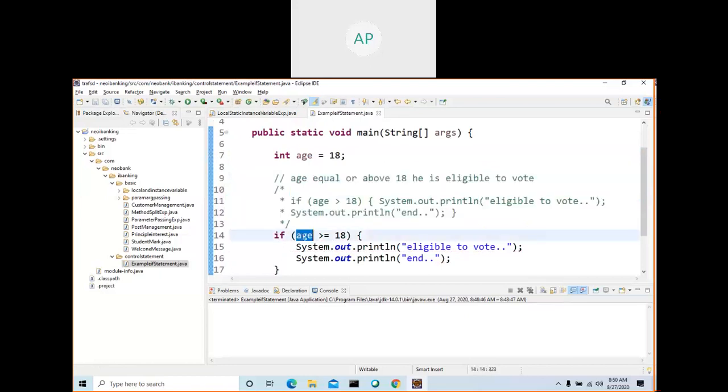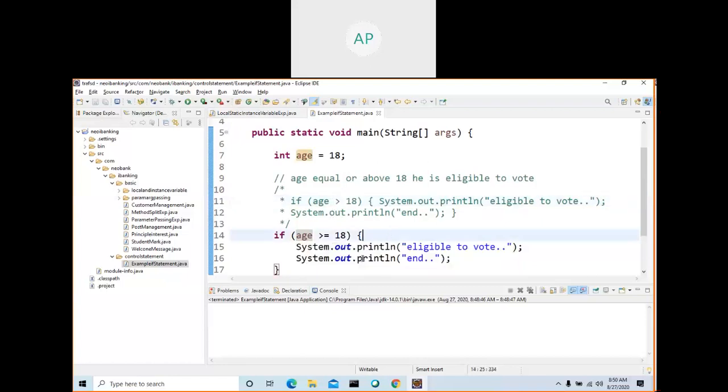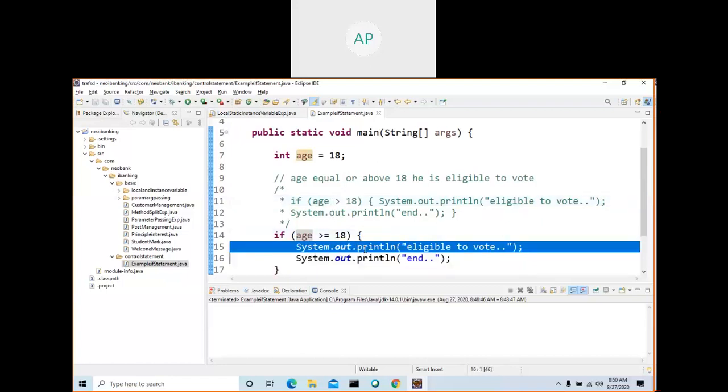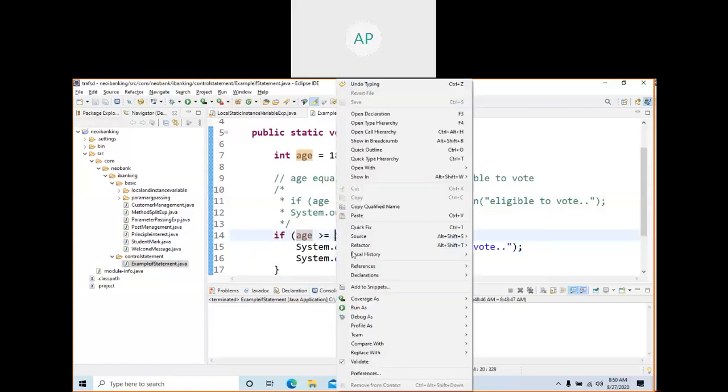Now if you use age greater than 18, it will work only if it is above 18. Whereas here, if it is 18 or above 18, this line will work. That's the difference. This is greater than, only above 18. This is greater than or equal to, above 18 or equal to 18. Now let me run this one.